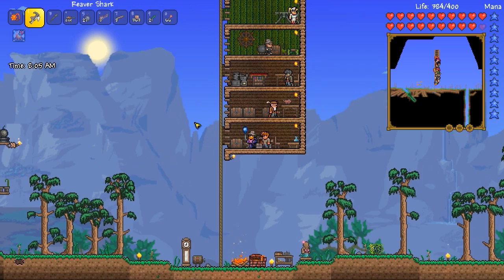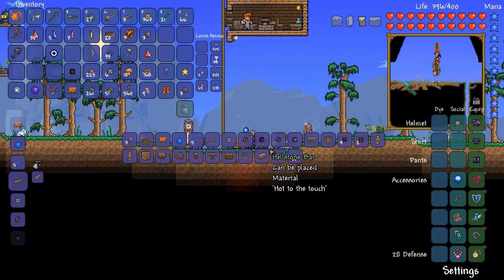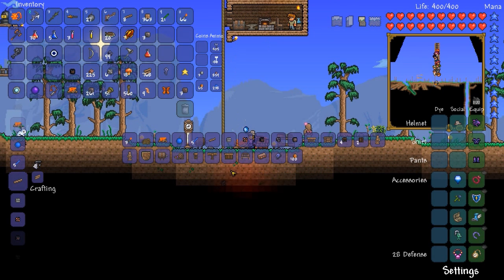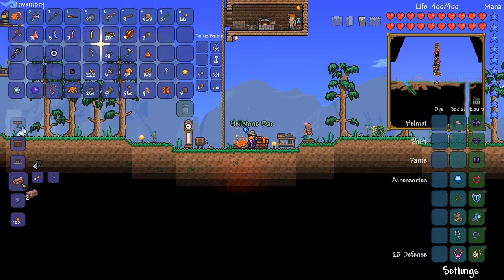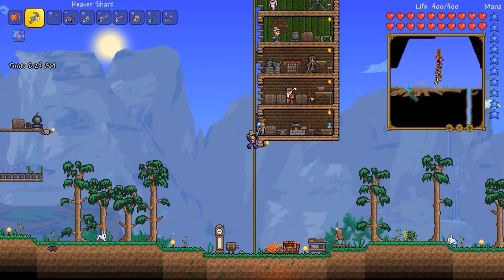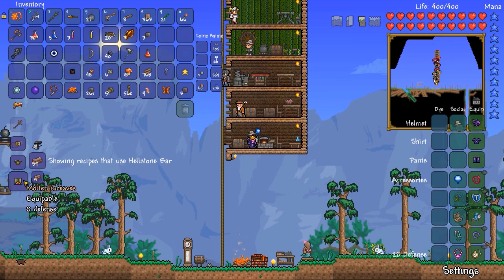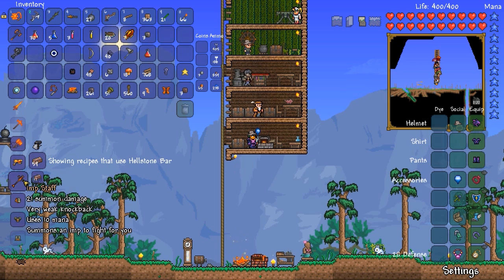Yes, there's my obsidian. And so I can smelt some Hellstone into Hellstone bars. And let's hold on to 40 obsidian in case I need them for anything else. But then with Hellstone bars, I could always make... well, for one, I could make the molten armor. Duh, which is something I want, but the imp staff...